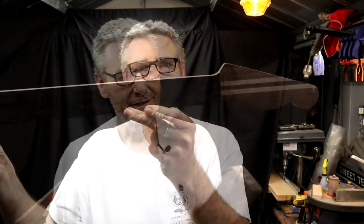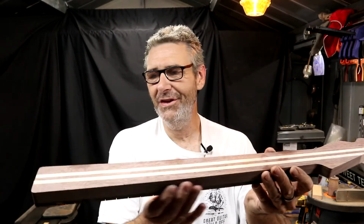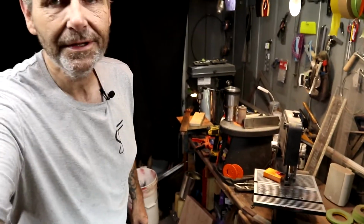I really cannot stress how nervous it makes me going across the router table, especially right here on this corner. I really like those stripes. That's turned out really cool. The back's awesome. This is nice and smooth down the sides. I can't wait to shape this thing. It's starting to look like a guitar neck at this point, so that makes me really excited. Let's get these holes drilled